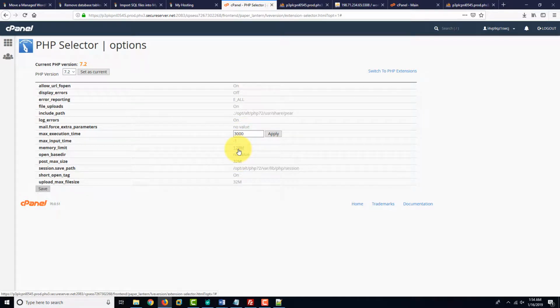The other ones that you would potentially want to change would be the memory limit, which by default is set to 128, although you can boost that all the way up to 512. You could also change the upload max file size. This one should not be a factor, but you can boost that up to 1 gig. Those three values would be the ones that you would want to change, and then you would want to save